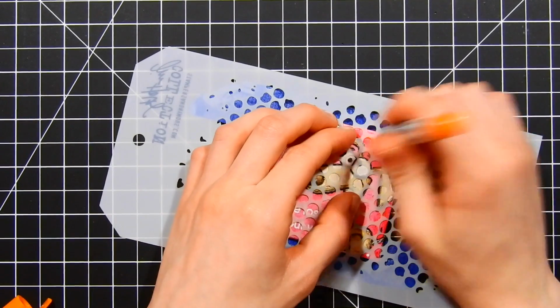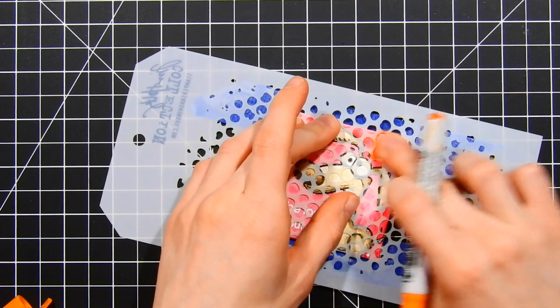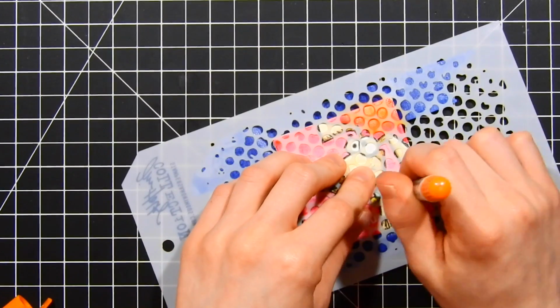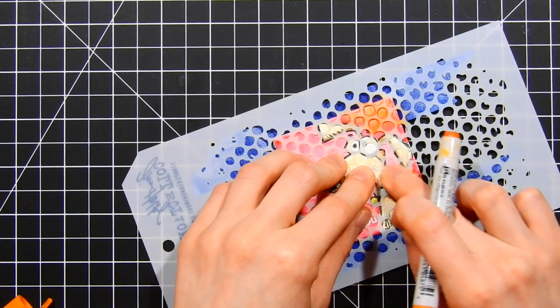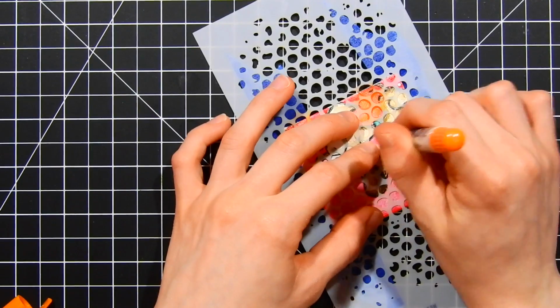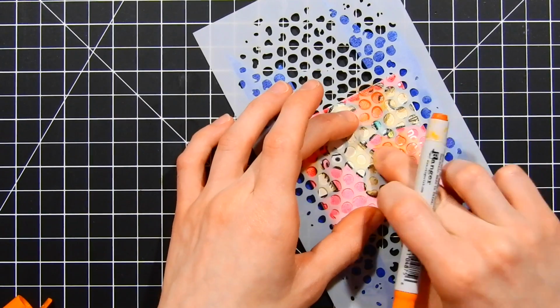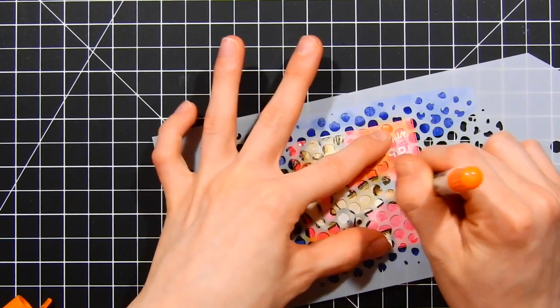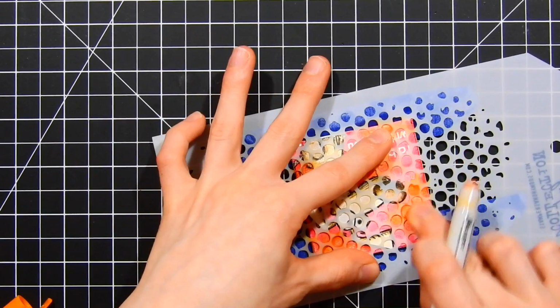Now here I'm taking a stencil from Tim Holtz. This is the bubble layering stencil, and I'm taking that crayon and I'm smudging this into the stencil and blending it out with my finger. I'm just smudging my finger across the color and really allowing that distress crayon to blend into the canvas and blend across it to create a little bit of a fun pattern. Another thing I want to show you